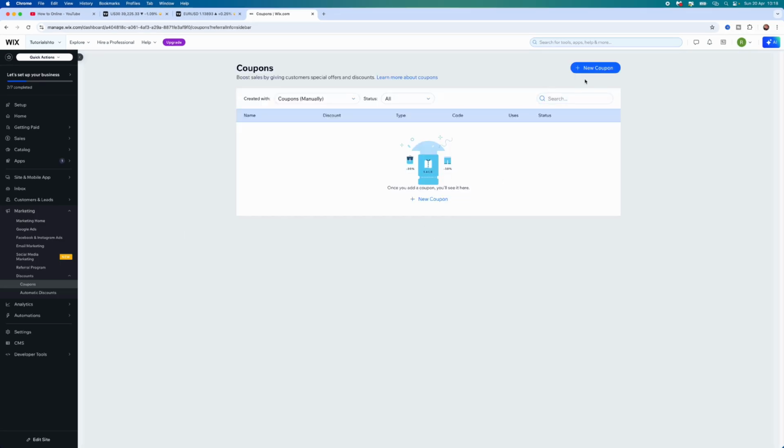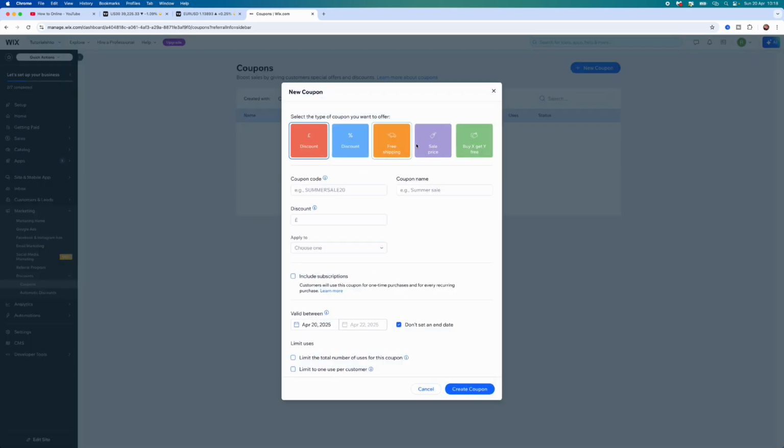and then what we now need to do is go to the top right-hand corner, click on new coupon, and then you'll get this pop-up window. Now you want to choose the different type of coupons that you want. So we've got a value, we've got a percentage amount, we've got free shipping, we've got a sale price, and we've got a buy one get one free, for example. So you want to choose from the different ones up here, whichever you prefer,